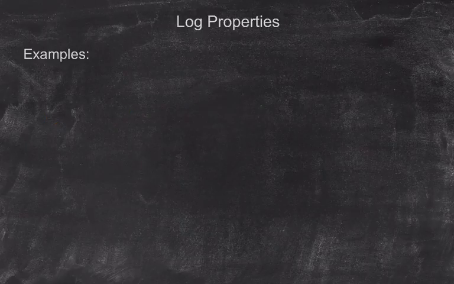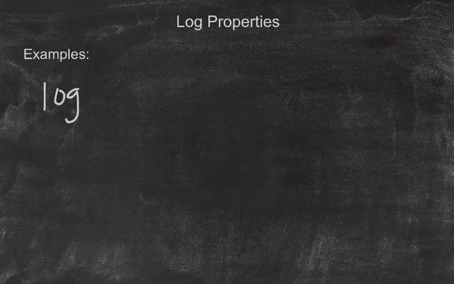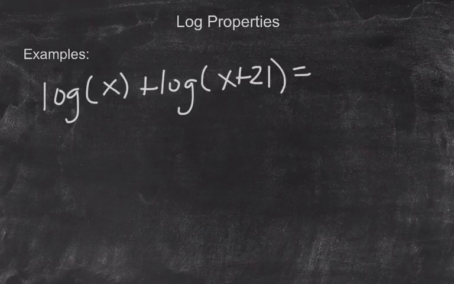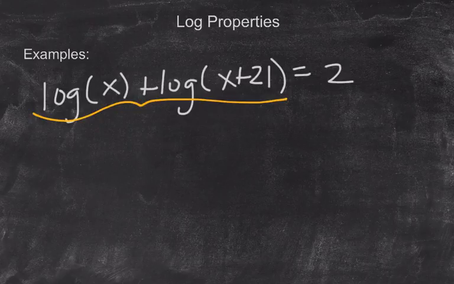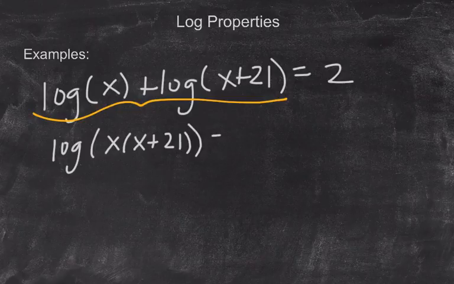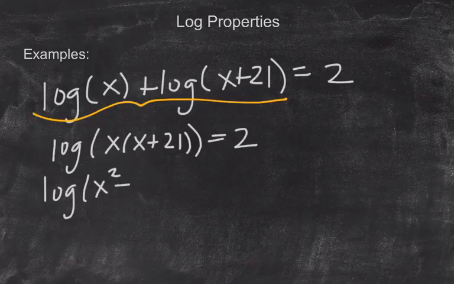My second example is going to use the product property. So we've got log of x plus log of x plus 21 equals 2. I'm going to use the product property to combine my two log expressions. They have the same base, and remember that if there's no base written, it means base 10. So the left side can become log of x times x plus 21 equals 2. I can use the distributive property to say that that's log of x squared plus 21x